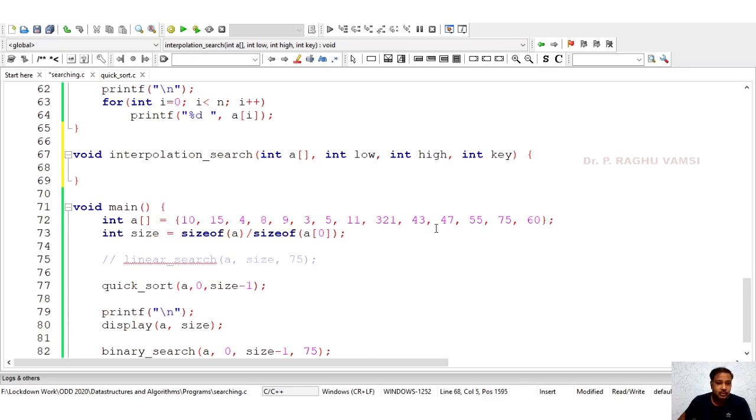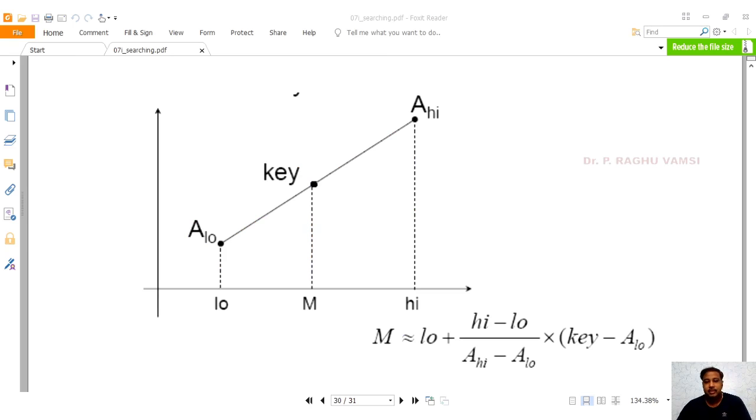Now we need to calculate the mid. Int mid is equal to the mid formula we have seen previously in the slide. So this is the mid formula. Mid is equal to low plus high minus low by a of high minus a of low into key minus a of low. This formula is used for the mid calculation.